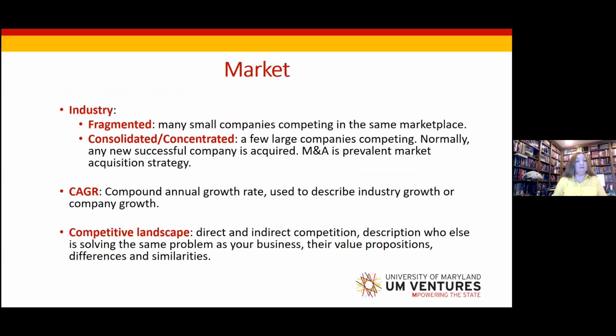When we talk about industry, an industry could be either fragmented or consolidated, also called concentrated. A fragmented industry is usually a young industry, where many smaller companies compete in the same marketplace. Consolidated, concentrated industries are usually more mature. As an industry develops and matures, it becomes more consolidated: few large companies compete, and any new successful company is usually acquired, so mergers and acquisitions are a prevalent market